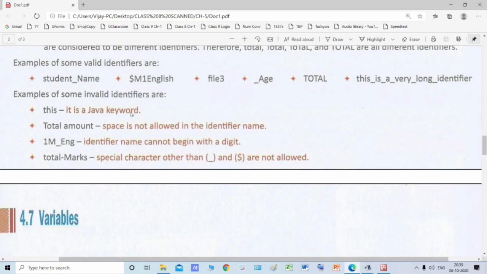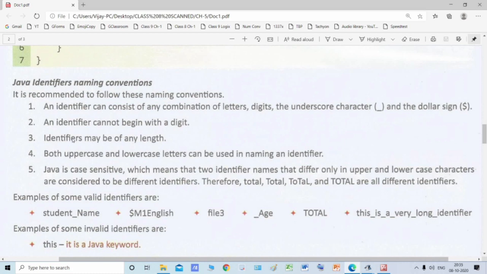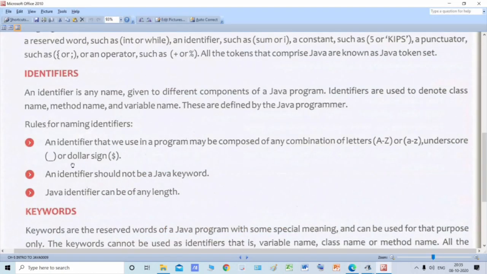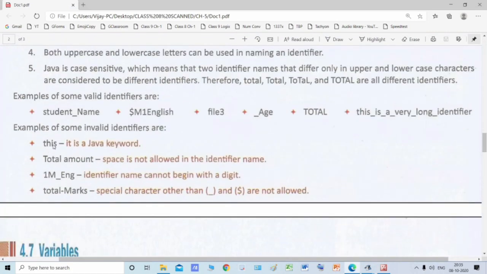As the rule suggests, an identifier should not be a Java keyword. So because this word is a Java keyword, you cannot use it as your identifier name. That's why this is an invalid identifier name.